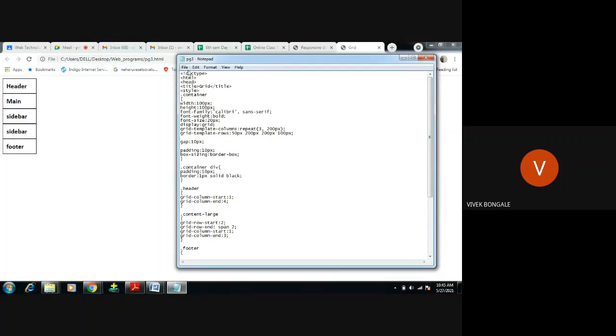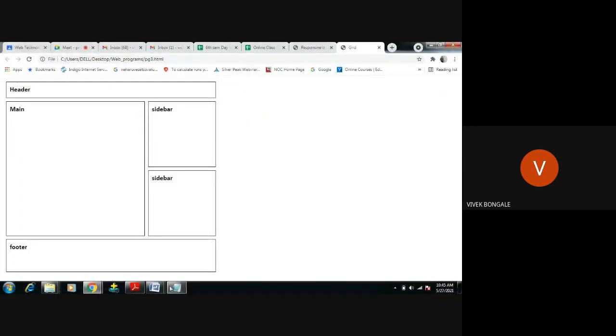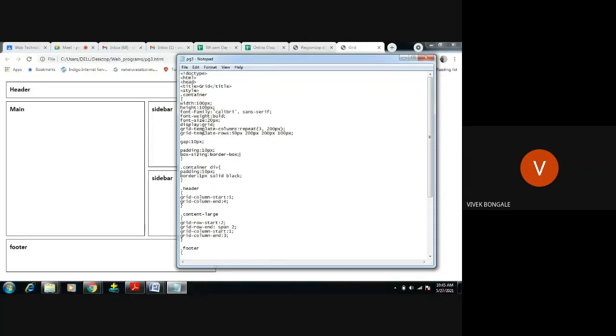Okay, I will open this, save, back. Now it is in grid format, and I will explain how I have made this part through this code, right? So grid template columns. What I'm trying to do is create 3 columns. Repeat. I can write it like this: repeat 3, 200 pixel, or I can give it like this: 200 pixel, space, 200 pixel, space, 200 pixel. Both work the same.